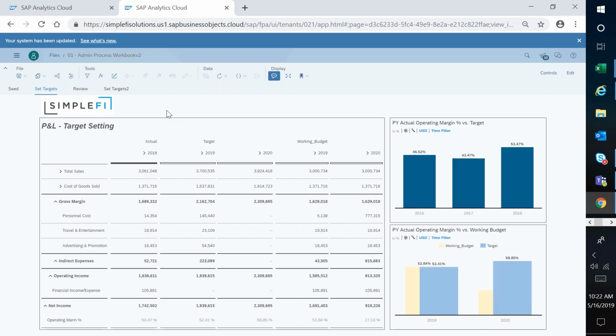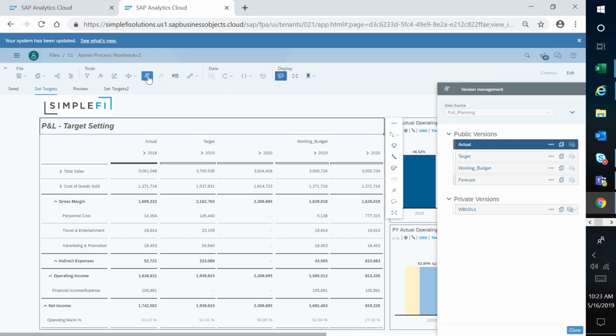My first template here is setting targets. And really what I want to focus on here is, if I click onto my template up on my toolbar, so again, kind of level setting, this is my template space. I've got a toolbar up here with different functionalities that I can use. When I actually select the template, you'll notice that I have an option for version management. So this is what I was talking about earlier.